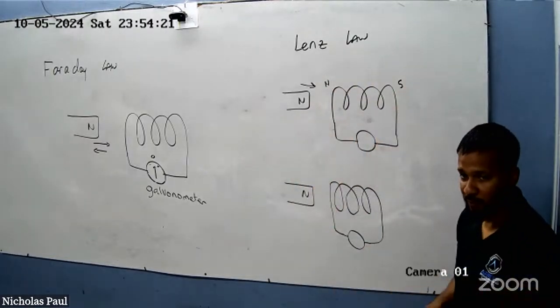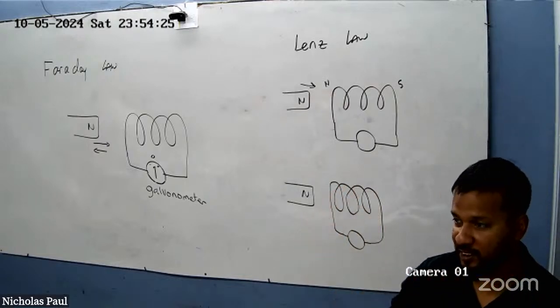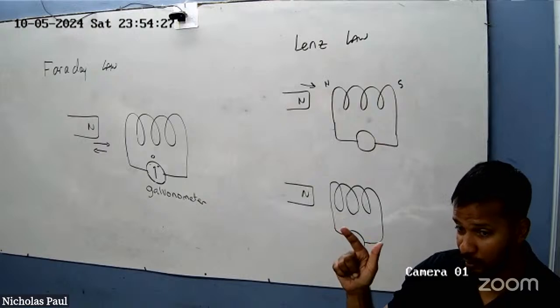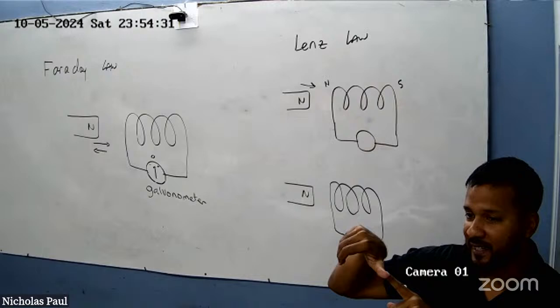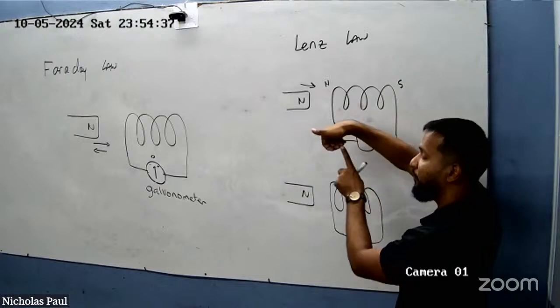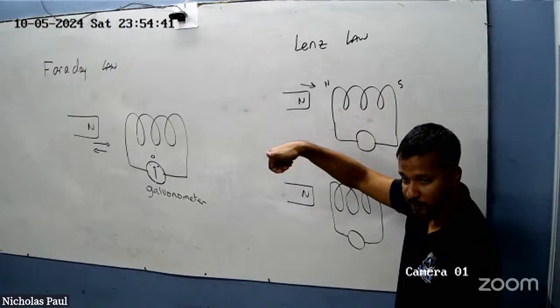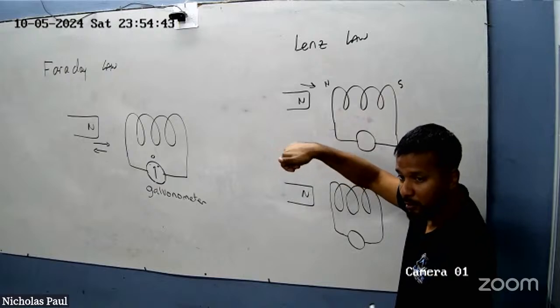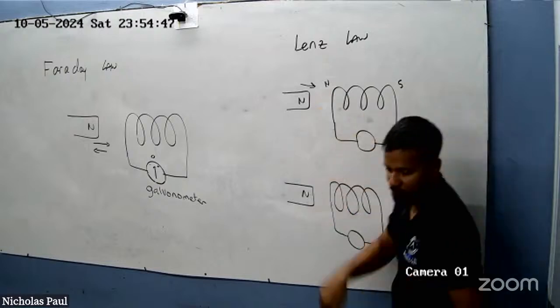You all remember we did the right-hand grip rule for a solenoid, and I showed you that the thumb points towards magnetic north, and the fingers point in the direction of the current. So your thumb now points towards the